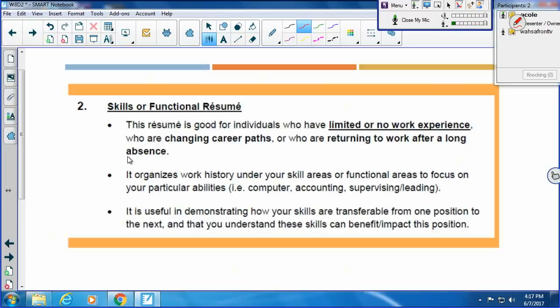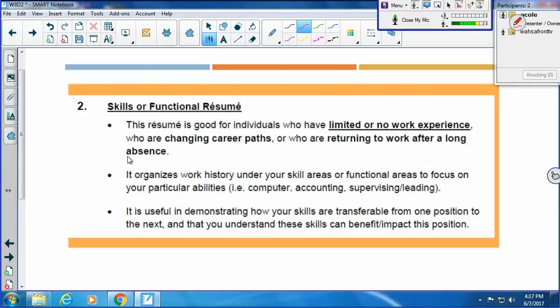So if you're new to finding work, this type of resume could be really good for you, because you don't have a lot of experience, but maybe you've been to school, so you have some skills to share.